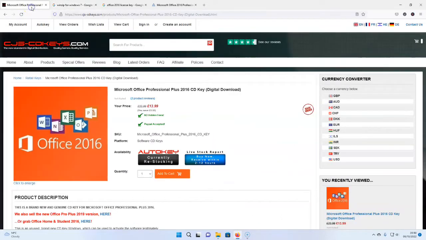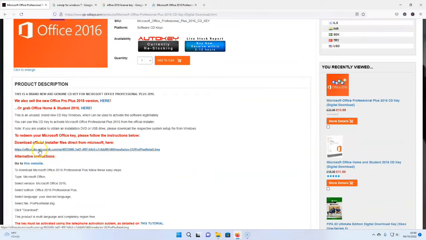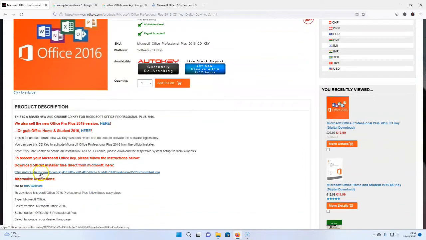computer running Windows 7. So this is where we're going to download the version of Office 2016 from, and this is totally legitimate. This is a website that you can download all kinds of legal digital software from. And so you can see here, this is the 2016 page. It's for Office Professional Plus 2016, and then they've got this link here, which is obviously from the Microsoft